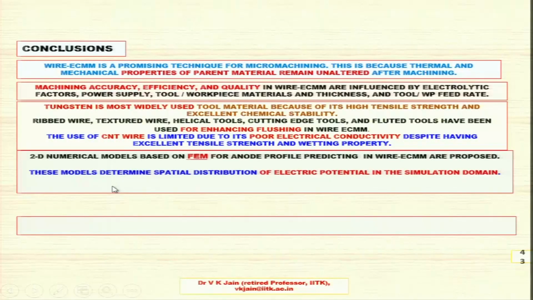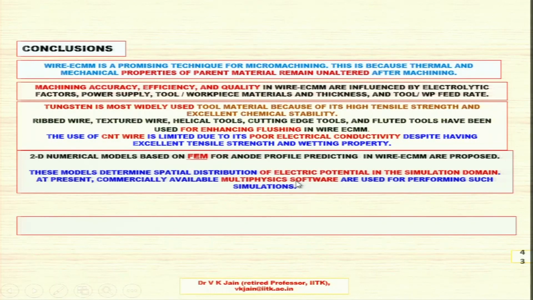These models determine the spatial distribution of electric potential in the simulation domain. At present, commercially available multi-physics software is used for performing such simulations. So they can be used so that your total energy input in development of the system reduces, because you are going to use